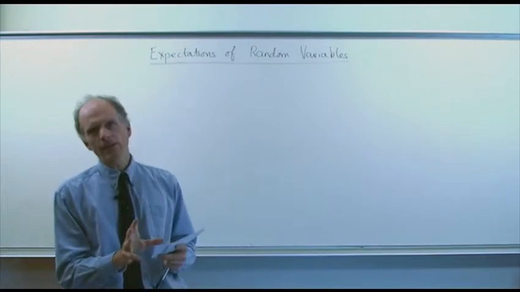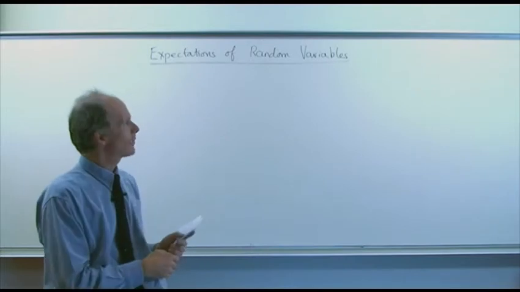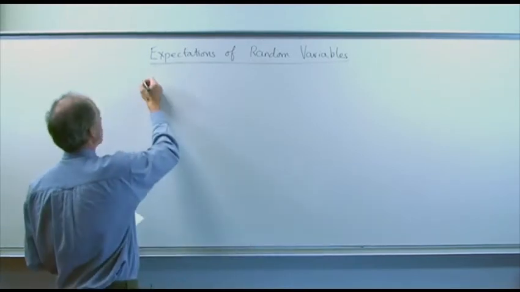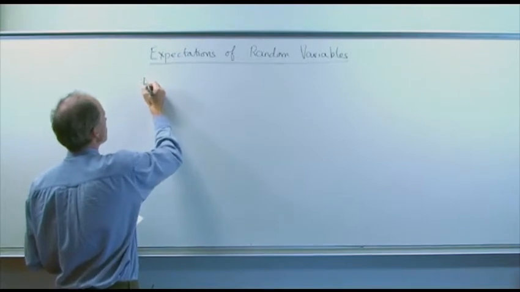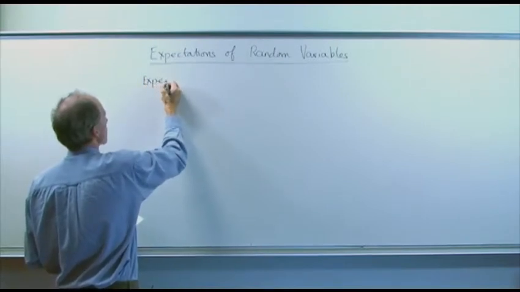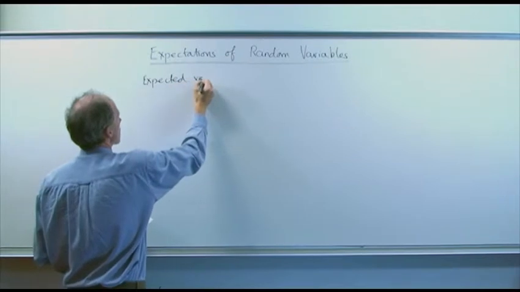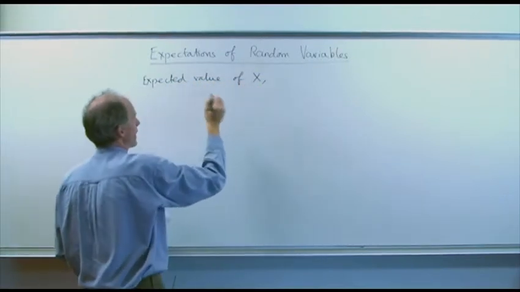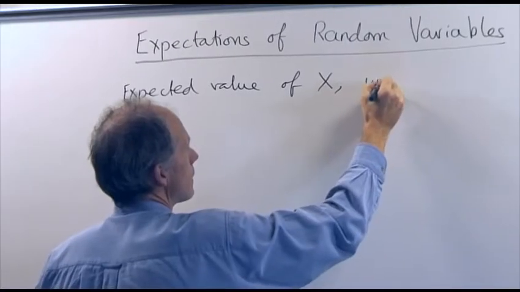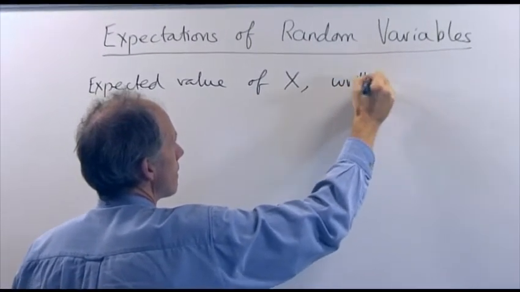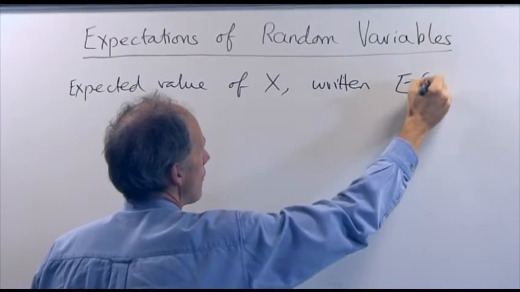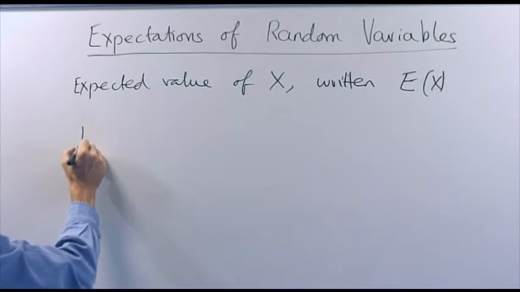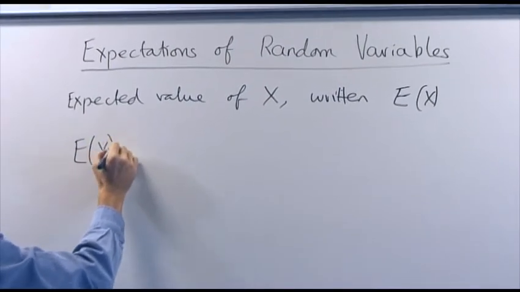And in this case, we don't have data, we don't have observations. What we do have is the distribution. So the expected value of a random variable x, which I'm going to write as E of x, is computed by